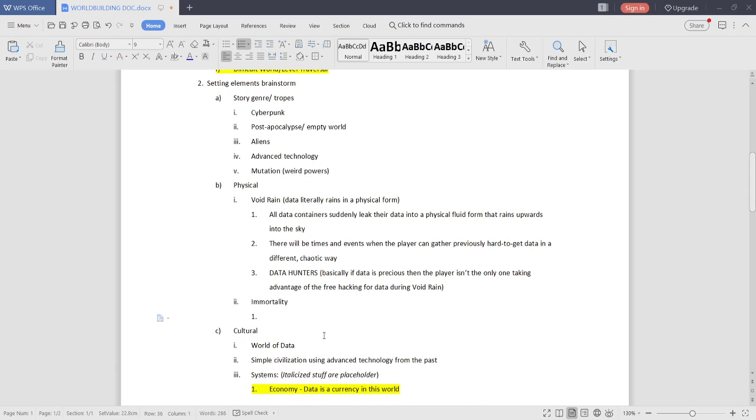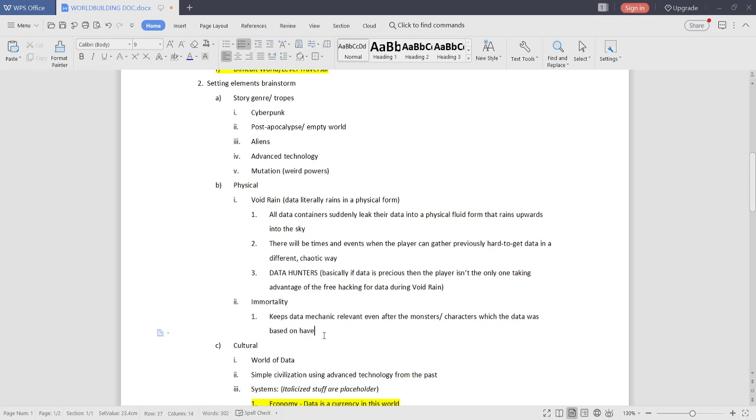All right. So it keeps the data mechanic relevant even after the monsters slash characters which the data was based on have been defeated by the player already, since they keep coming back.